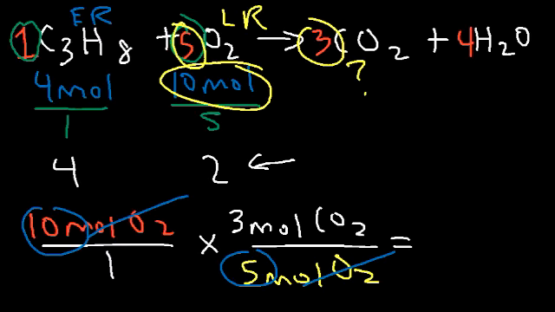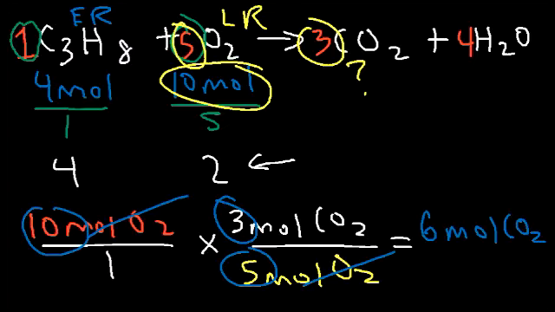10 divided by 5 is 2, and 2 times 3 is 6, so the answer is going to be 6 moles of CO2. That is the theoretical yield for this reaction. The theoretical yield is the maximum amount of product that you can get in a reaction. And a theoretical yield could be in units of moles, or it can be units of grams, but grams is